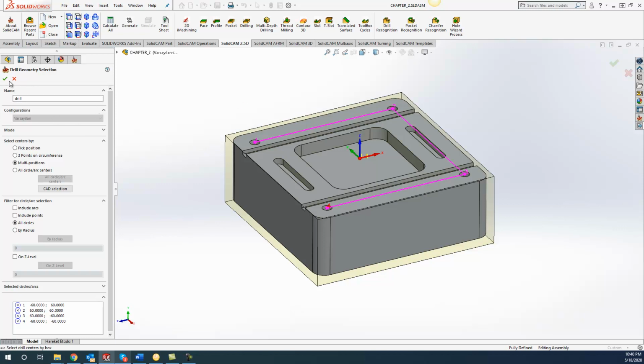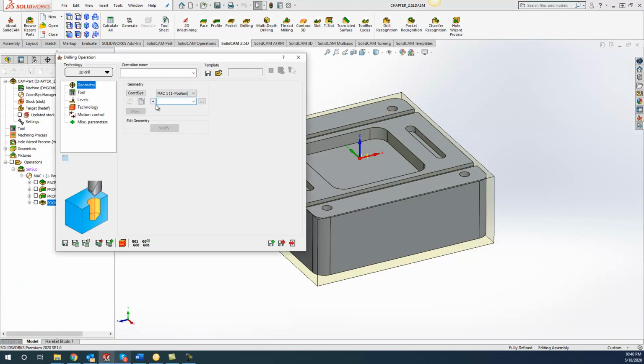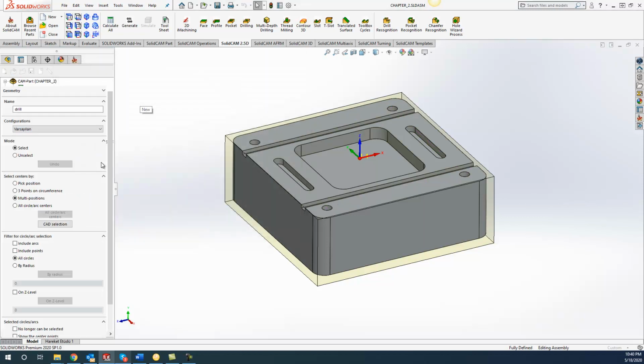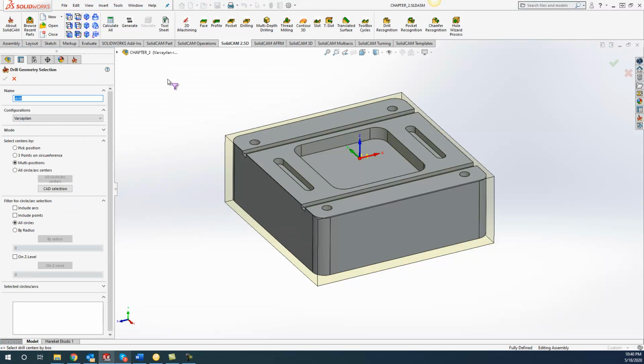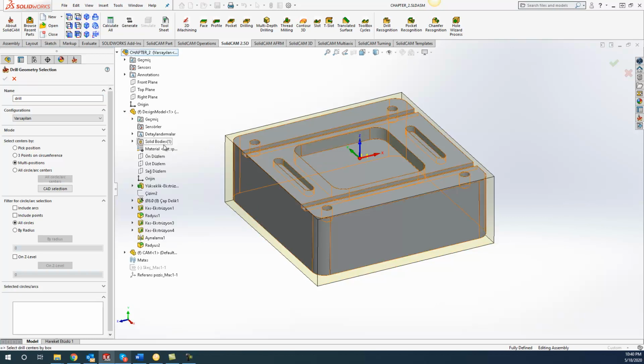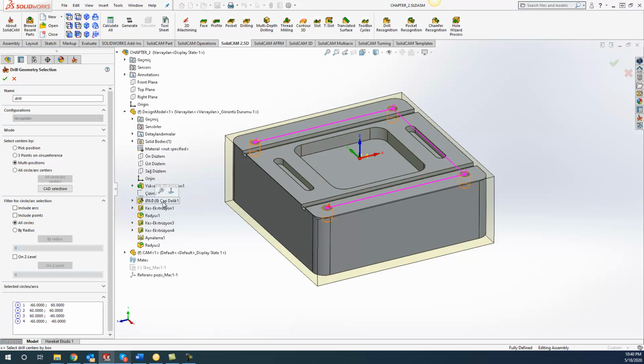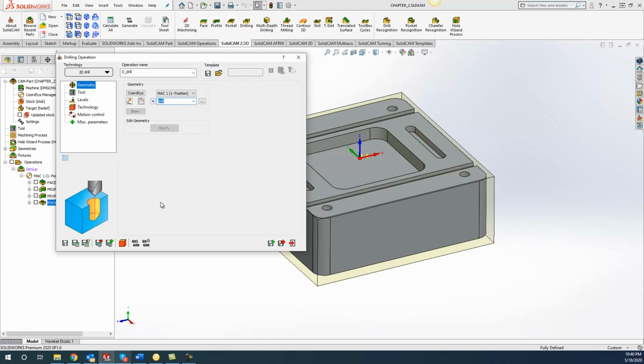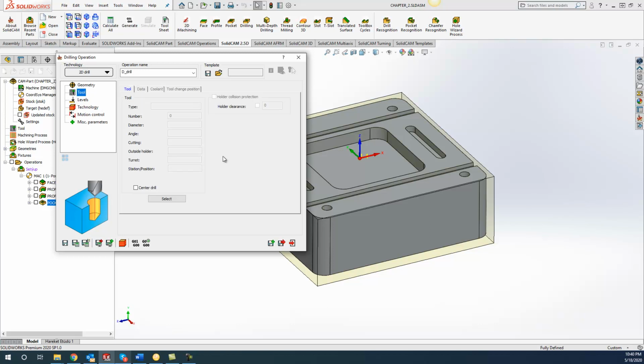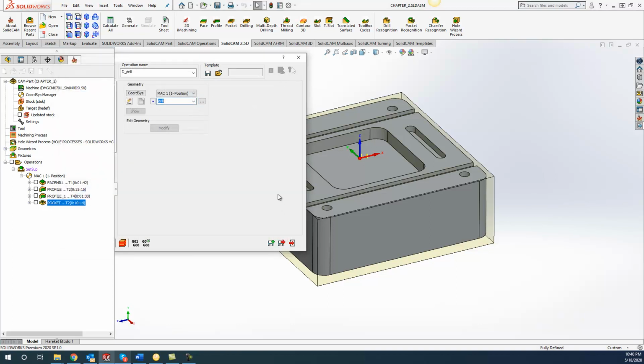Now one other way, I'll go ahead and cancel this here, that I really like to use if we had multiple different holes on that same level, is we can use our SolidWorks feature tree. So what I can do in here is come in and go down to where my holes are, and I can just click on there and it will find all those 8mm holes right there for me. Go ahead and hit the green check mark to tell it that that's the geometry that we'd like to cut. Now for our tool, go ahead and hit select.